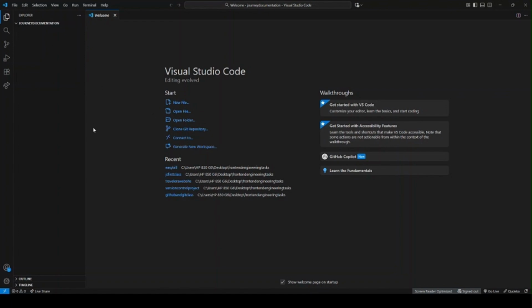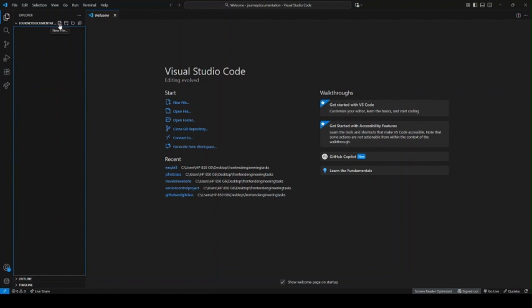Now, how do you know if your folder has been selected? You would see it here, in this aspect of your Explorer bar. You would see the name of your folder there. Then also at the top of your development environment here, you would see Welcome, journey documentation. Now this is the name of the folder I created, and this is the software I'm working with. That's the first thing. Now the second thing you want to do is to